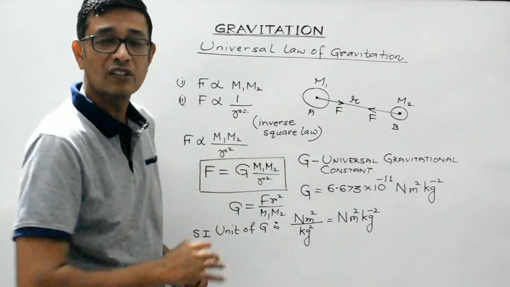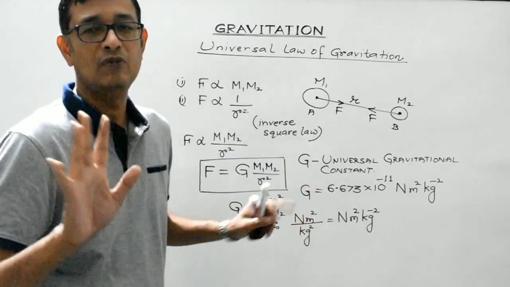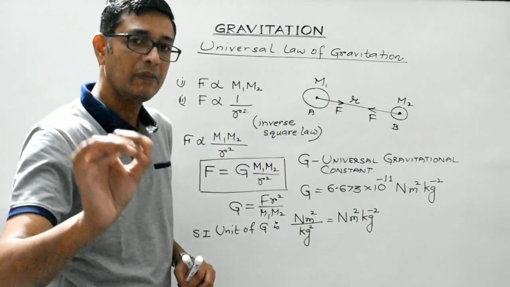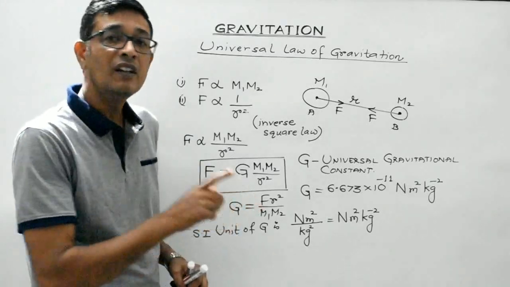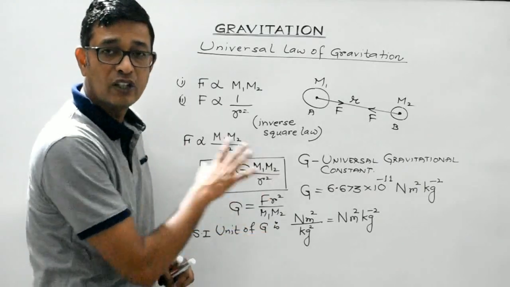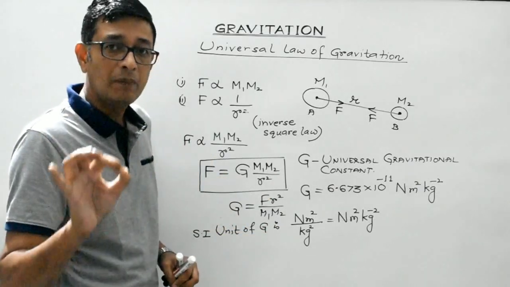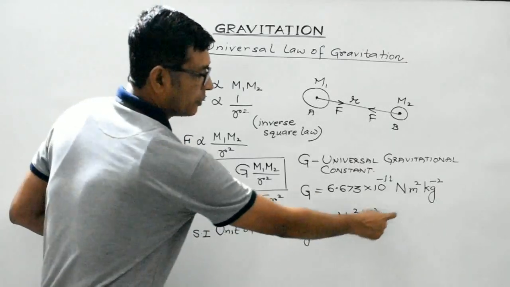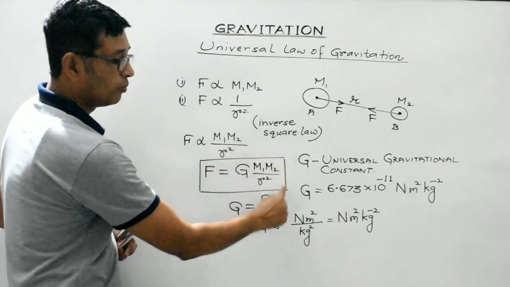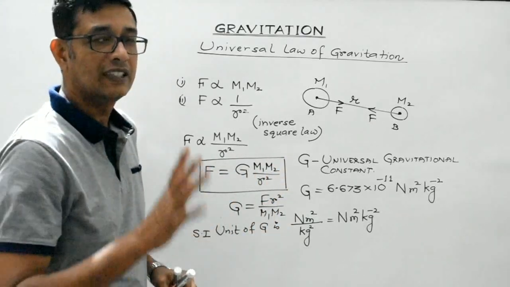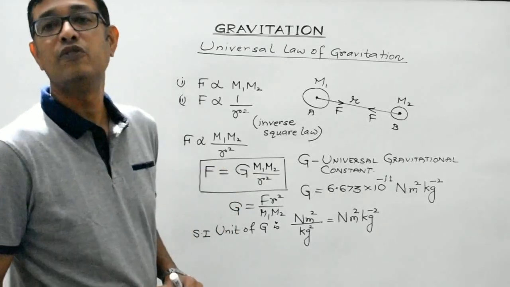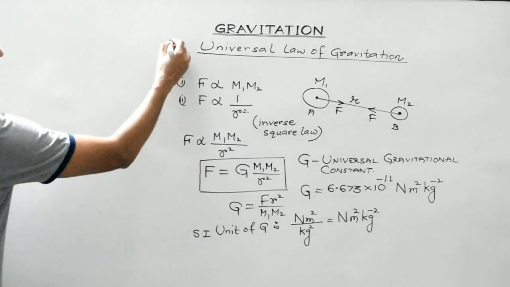Why it is known as universal constant? Because its value will remain same, no matter what the conditions are, no matter where the place is, its value will always remain constant. And its value is found to be 6.673 into 10 raised to minus 11. And what will be its units? Newton meter square per square kg. This is what we obtained. So students, this is the mathematical form of universal law of gravitation. Clear, students? Okay, now regarding gravitational force, we will discuss some important properties.